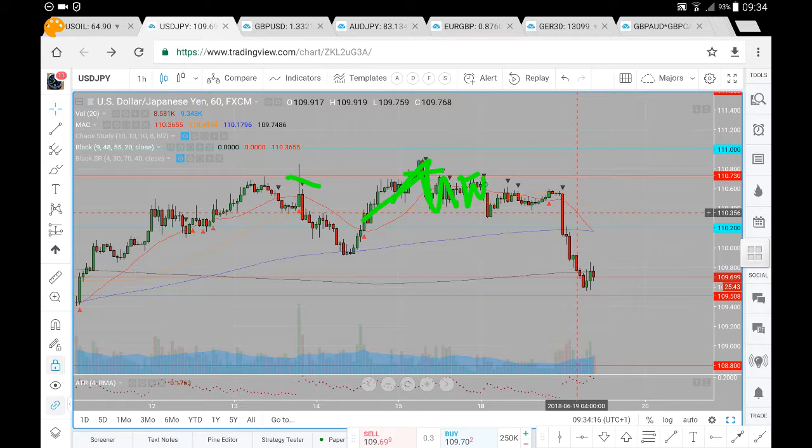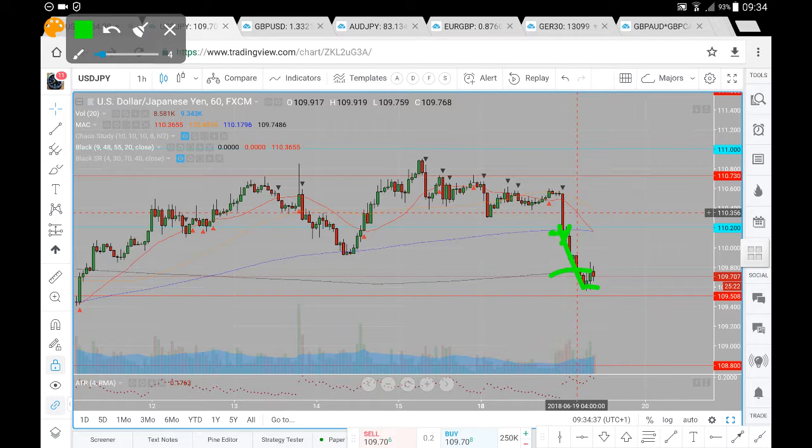110.73, retested 110.73, had a breakdown, went into this consolidation, and we've seen a somewhat engulfing candle after this consolidation, breaking beyond the 110.20 and that 200 period average. So a pretty decisive break of the 110.20 and that 200 period moving average. Had a retest of that 110.20, and we have seen this breakdown in prices, breaking down beyond this 400 period